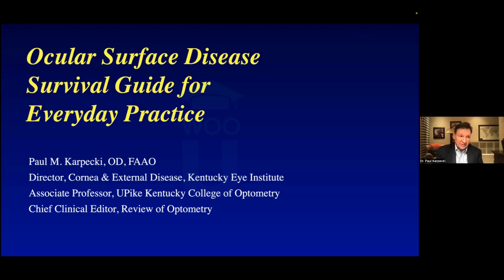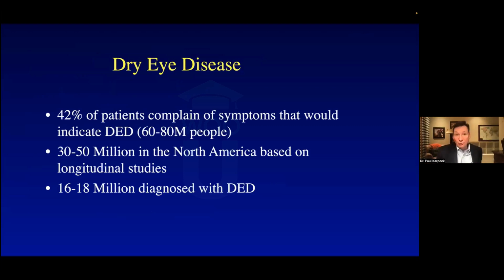Now, I might have taken it a little far when I got into some of the algorithms, but I meant to do that just to tell you that you do have to look at which type of dry eye is out there because they have to be treated differently. And one time I just put up the algorithms of where you treat, and I got a whole bunch of very nice emails, actually, they're always kind, saying, hey, that was great, but what do you mean for each category? What treatments would you put in? So I added those in, and I'm still going to try to do it in the next 50 minutes. I can go through these slides fast.